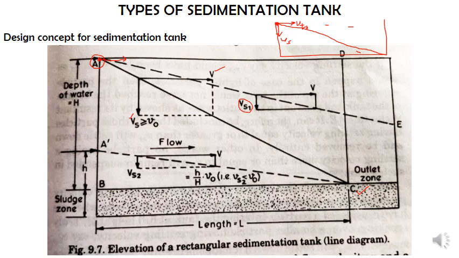Now in this case, if you just imagine the settling velocity is small, whereas the horizontal velocity is more, then instead of this particle settling down, it will escape out of this sedimentation tank. That is, if the horizontal velocity is more and the settling velocity is very less, then the trace path will be something like this. Because of which, there is a possibility of the particle getting out of this sedimentation tank.